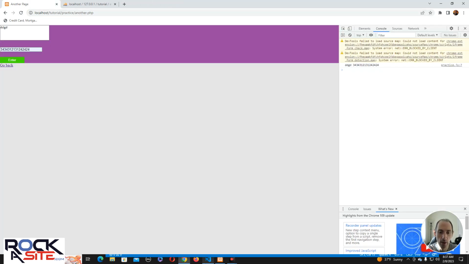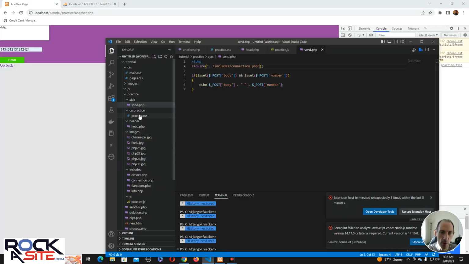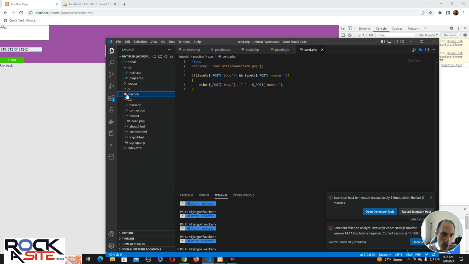So always make sure if you're already in a folder, if I go like this, right? This is why I like these types of text editors where I can visually see my folders. If I minimize the practice folder, I see what's in there. If I minimize the AJAX folder, includes is still maximized. If I minimize includes and AJAX, as you can see, these folders are at an equal level. So the only way you can get from here to here is you have to back out, and that's the